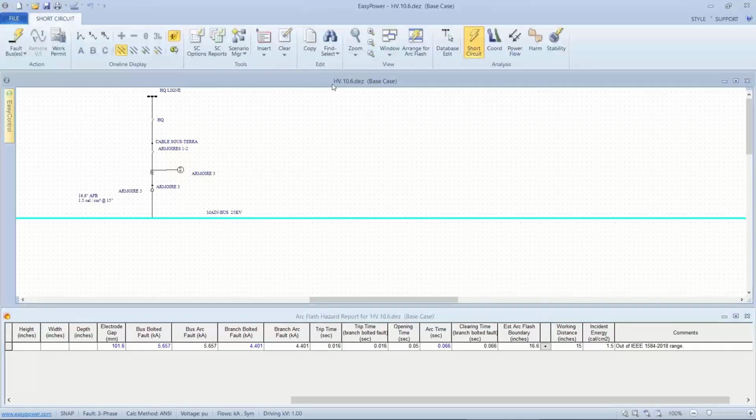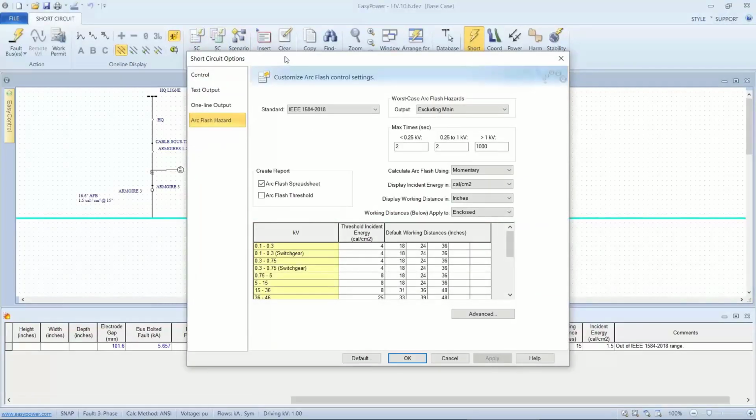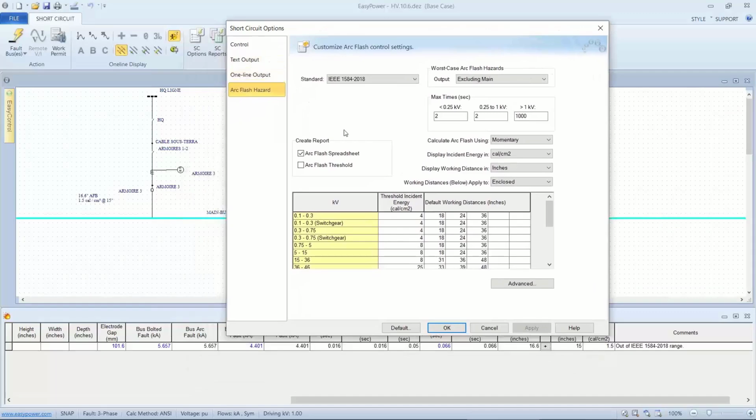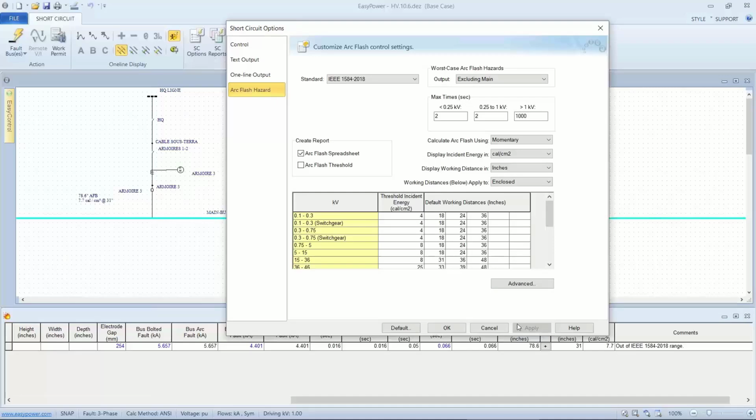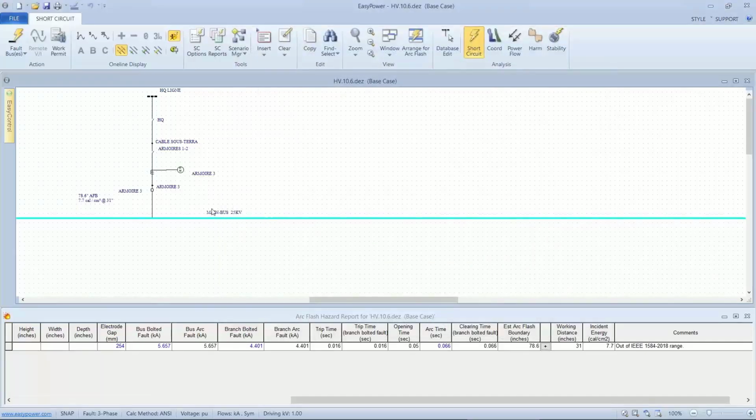What's going on? Well, again, we're in arc flash, so the rules are controlled by the short circuit options, arc flash hazard tab. And because it's outside of the range, EasyPower under the advanced modes gives this ability to do Ralph-Lee equations calculations or open air calculations. So if we apply Ralph-Lee, we get an instant energy of 7.7 calories. Now this is for a 3-phase open air fault. So that's not bad,